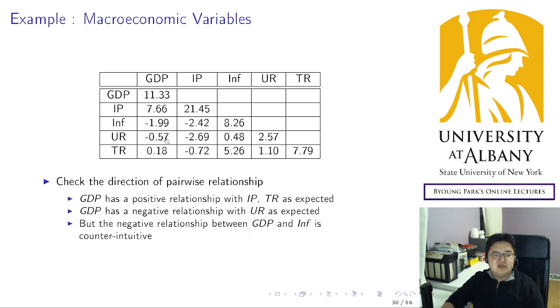What's interesting here is that usually we expect a high positive relationship with inflation. When the economy is in boom, usually inflation comes together. So one would expect a positive relationship between inflation and GDP growth rate. But, by the way, the data is real. I use real US data, and it looks like a negative relationship, which is not explained well by